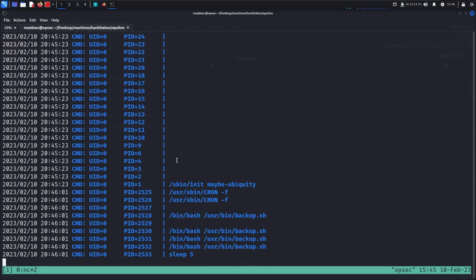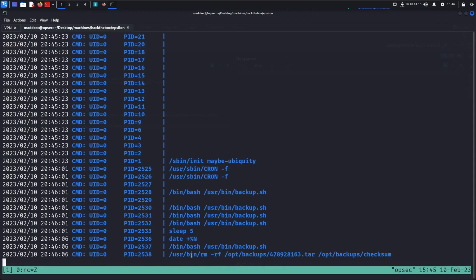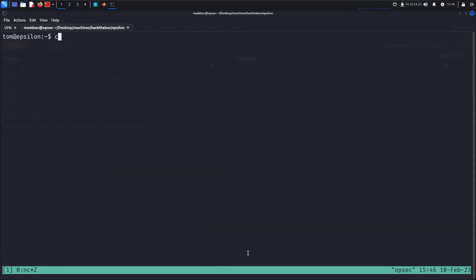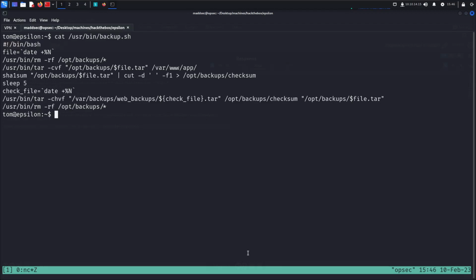So I see there's been executed a series of commands, bin bash usr bin backup.sh. I want to check that, and they're being executed as root. Interesting. So bin bash sleep 5 date. Okay, I definitely want to check that out closely. So cat this. Now let's start